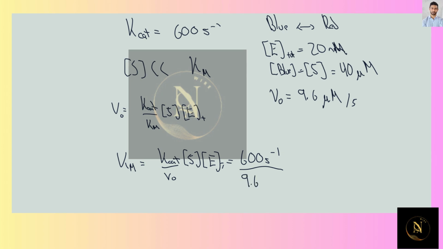Remember that micro corresponds to 10 to the minus 6 molar, and nano corresponds to 10 to the minus 9 molar. So we get 9.6 times 10 to the minus 6 molar per second, or molar second to the minus 1,